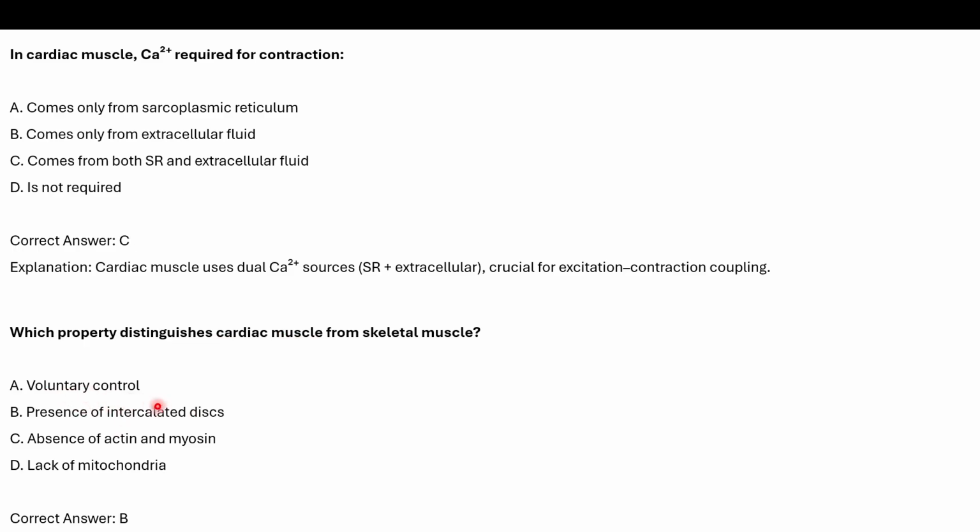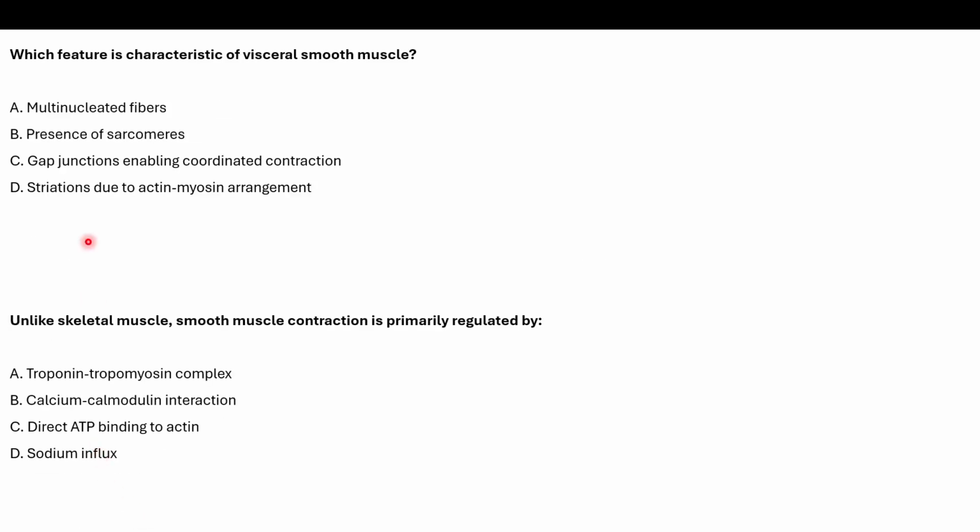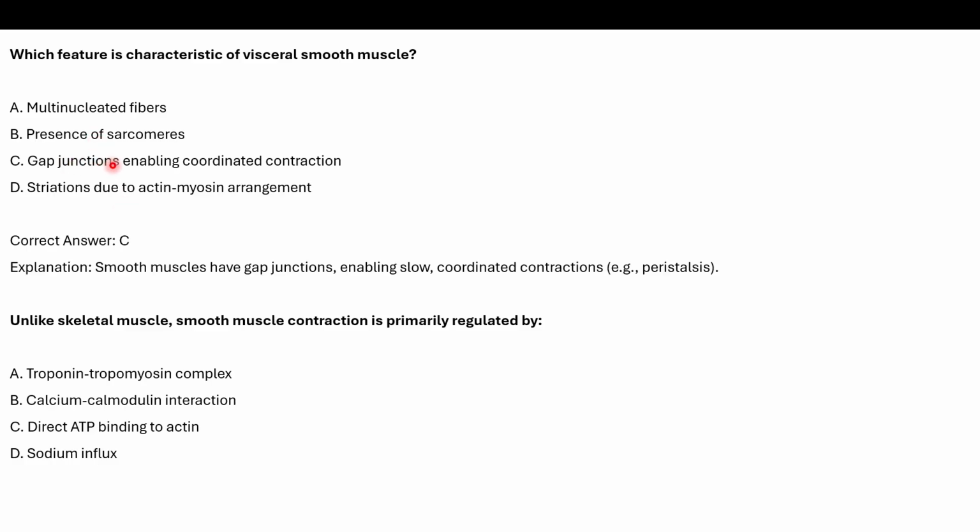And actually, cardiac muscles are mostly involuntary and skeletal muscles are mostly voluntary. And so the correct option could be A and D. Both A and D could be correct options here in this case. Which feature is characteristic of visceral smooth muscle? Visceral smooth muscles have gap junctions enabling coordinated contractions, which help in slow and coordinated movements like peristalsis in the food pipe. Next is, unlike skeletal muscles, smooth muscle contraction is primarily regulated by